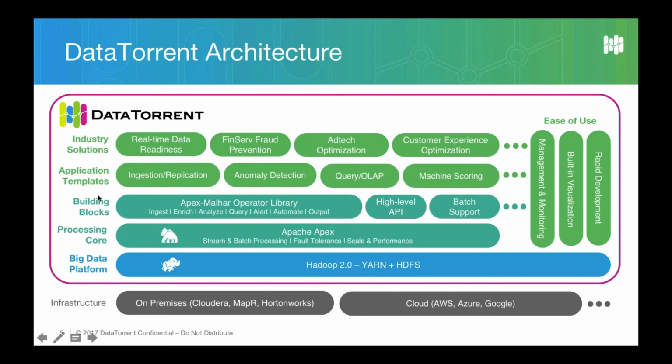On top of the open source system itself, there are DataTorrent components. There are two types of DataTorrent proprietary components. So one is all the way to the right. You see the ease of use ones, which are essentially tooling. So the tooling is really focused on developers, operations persons, and also providing business visualizations, right? So basically, for the developers, it enables rapid development